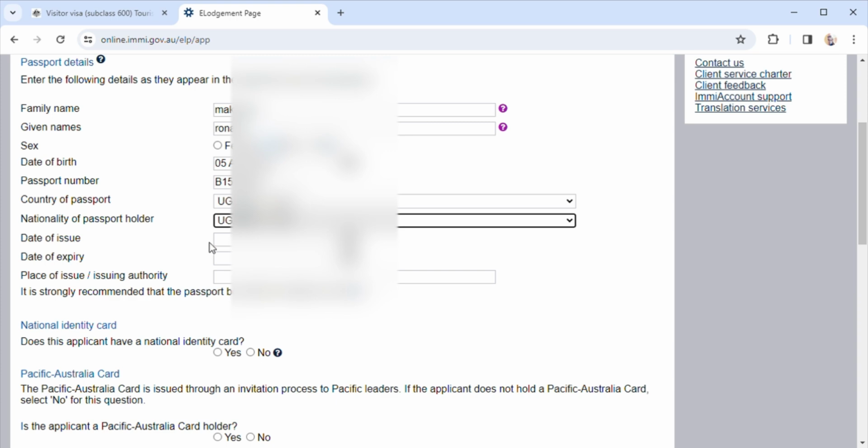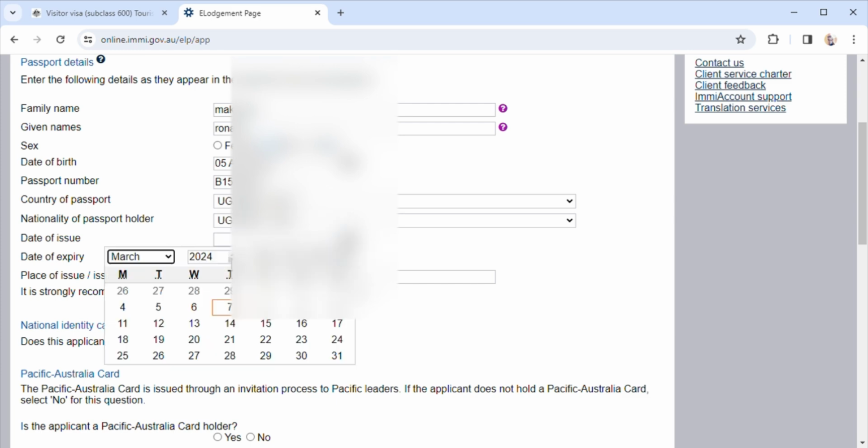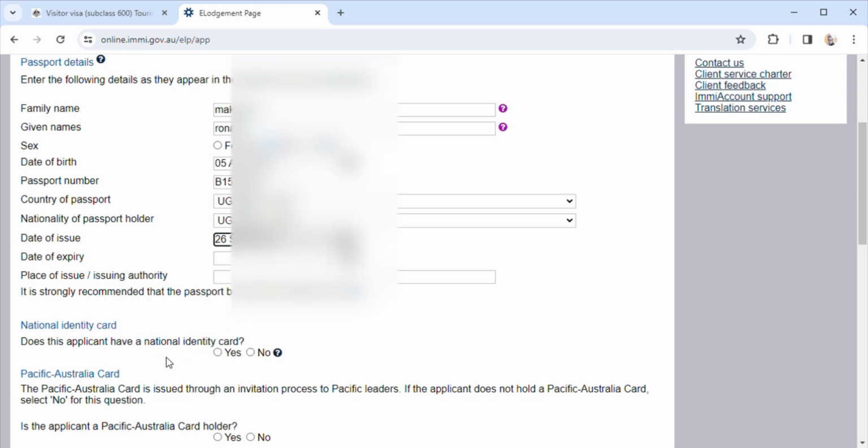Date of issue. Then they're asking you when the issue date of your passport is. Let me say you choose, you get all this information from your passport. But I'm just giving you an example. I'm just trying to fill in this form as an example, guys. Just follow the procedures and all instructions. And when it expires,